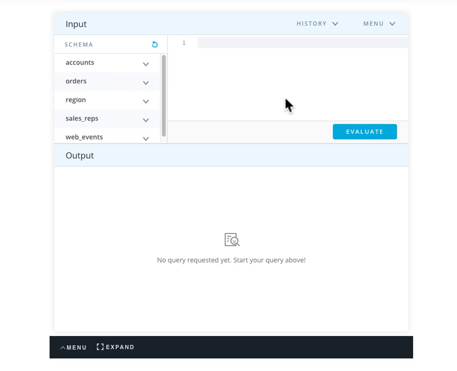The SQL Workspace in your Udacity classroom provides you an environment to execute SQL queries. The SQL Workspace has a light blue header saying input at the top and another saying output at the bottom. In the input section, you'll always see the schema shown in the left panel where all the tables in the